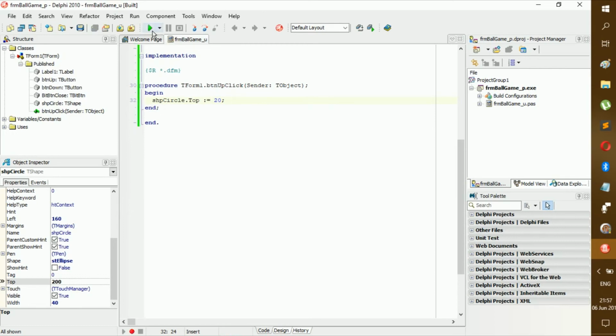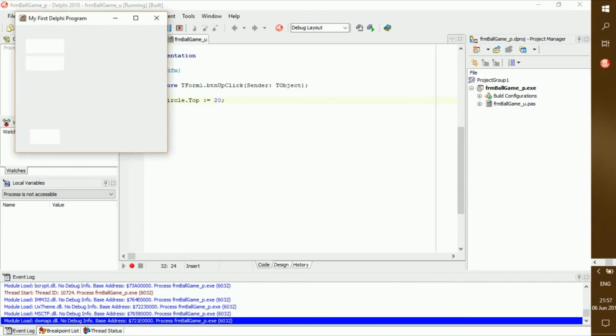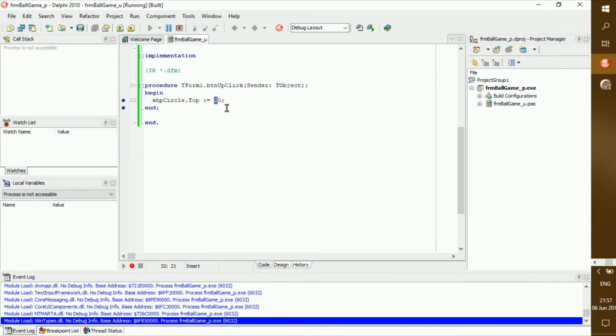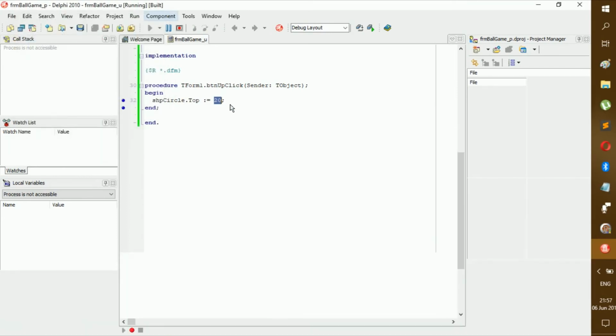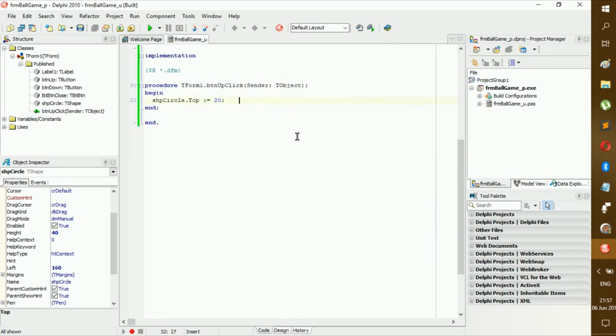Now let's quickly run it. And let's see, if I press up, you see, it changes to 20. So yeah, we can close that. But you see, the problem is, when we press up here, this one becomes enabled and this one becomes disabled. So what we should do here is we should go